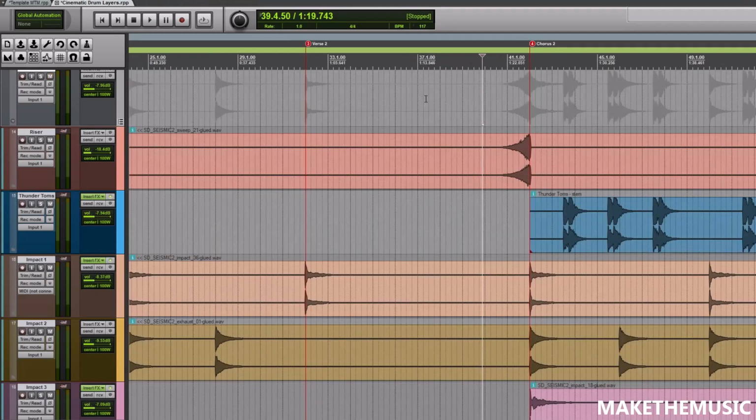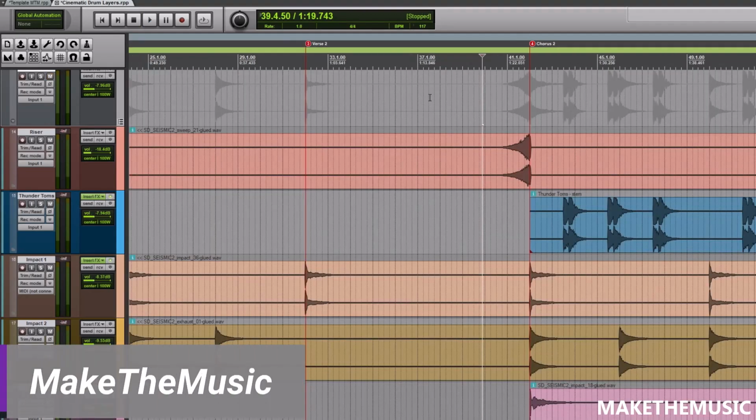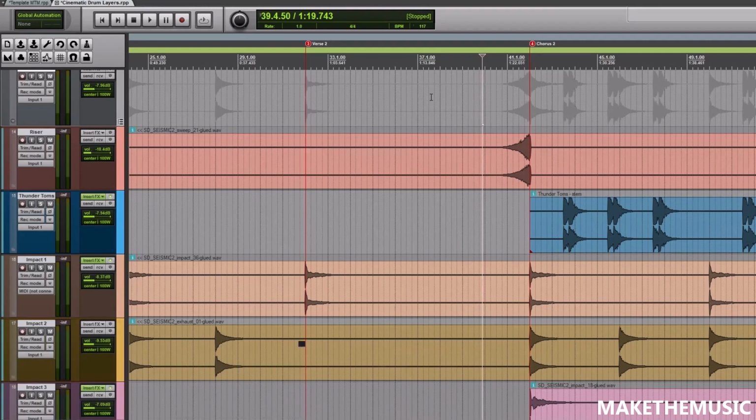Hello everyone and welcome back to Make the Music, and today we're going to be going over how to add cinematic elements to improve your drum production, recordings, and mixes. This is going to be about adding different risers, impacts, and different interesting percussion elements to take your drum recordings